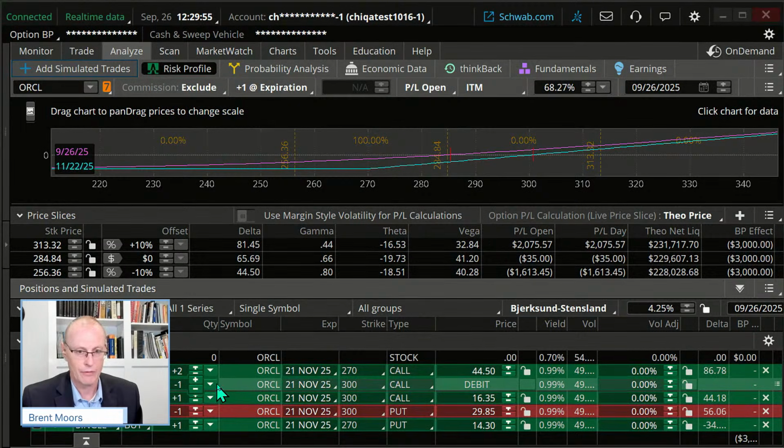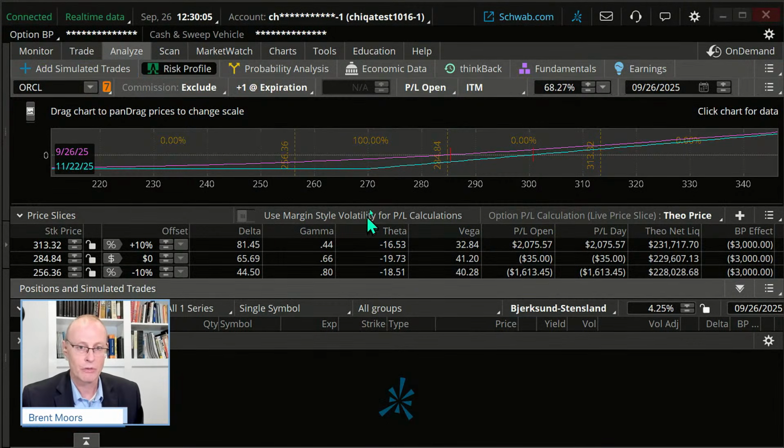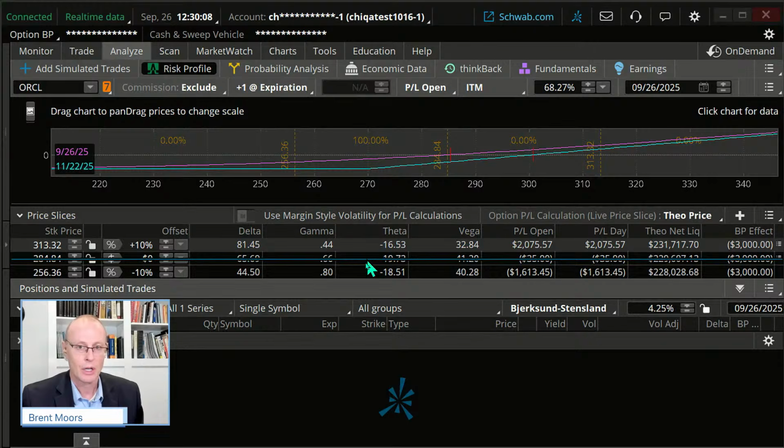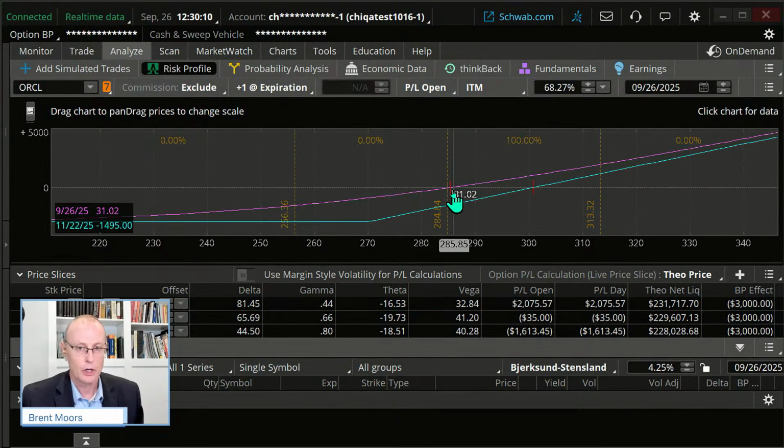In this case, we have a long put. We have a long transaction there. I'm not going to take the time to do it right now, but just realize as you're looking at these, look at your break evens. Your break evens are going to be where the purple line crosses the zero line. That's the current break even.